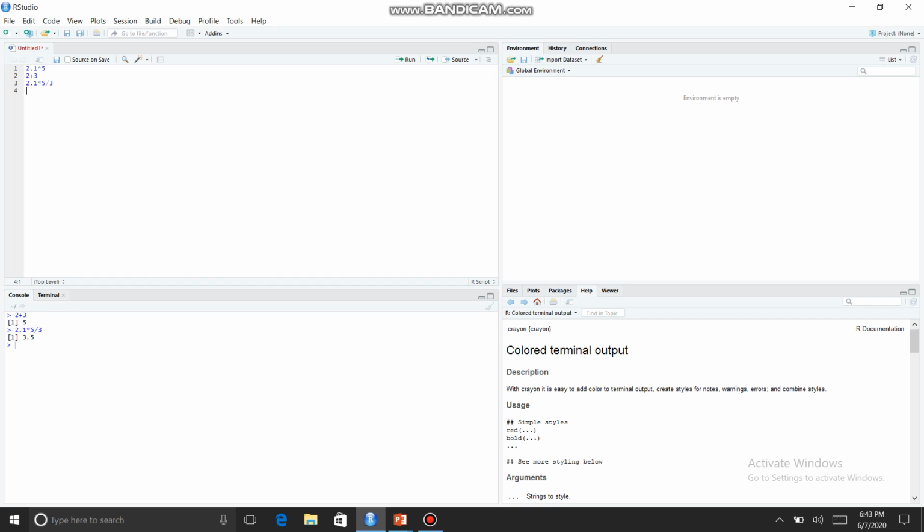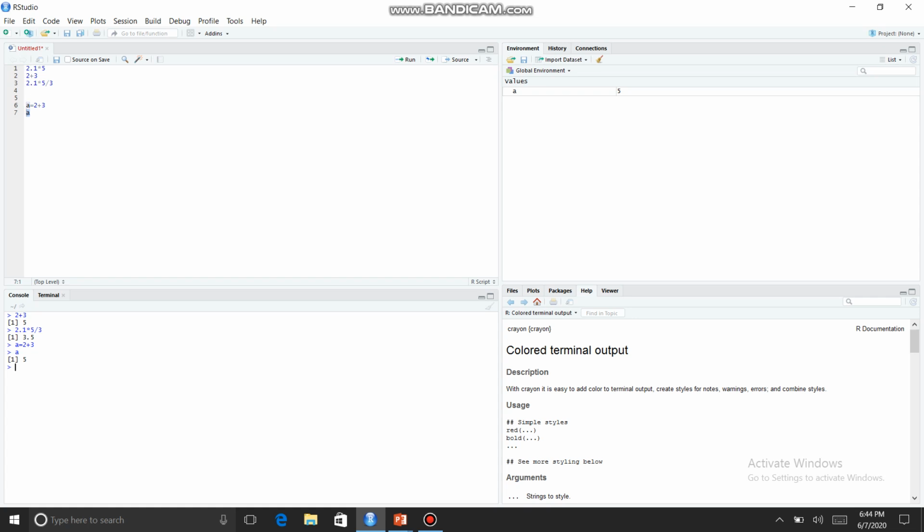I can store the results in a variable using the assignment operator. A is equal to 2 plus 3. Select the code and click on the Run option. It will show the code as it is. To see what is stored in the variable A, type A and run it.